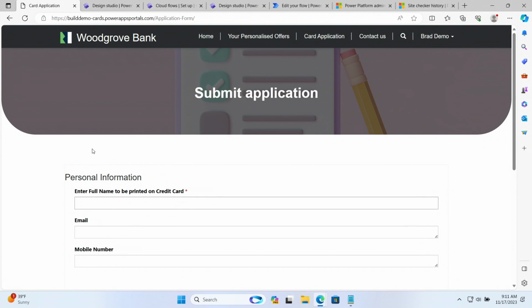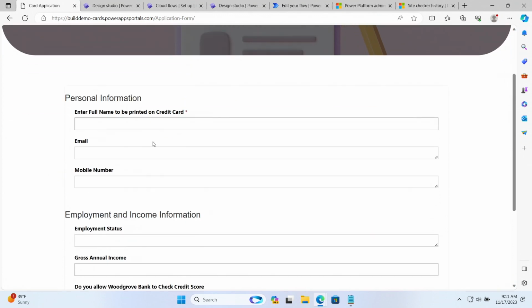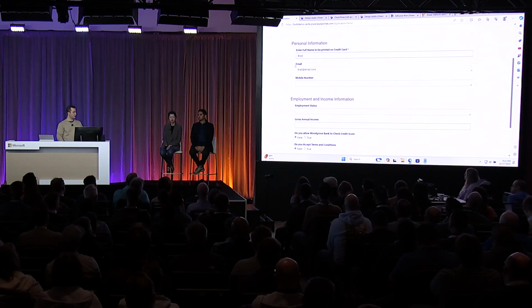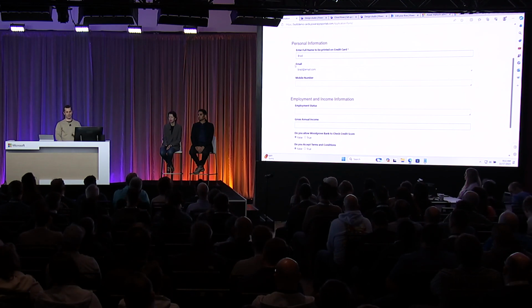And this brings us to a basic application form here where I can just fill out some information to start the application process. Now, something that's special about this form is that it's actually backed by a virtual table in Dataverse. So Woodgrove Bank, they actually store all of their line of business data in an external SQL data store. And so by using these virtual tables as a pass-through, in Studio, everything looks and feels like Dataverse, yet it's stored externally in a SQL database. So we'll show more on that later as well.